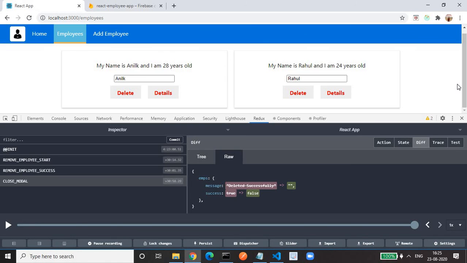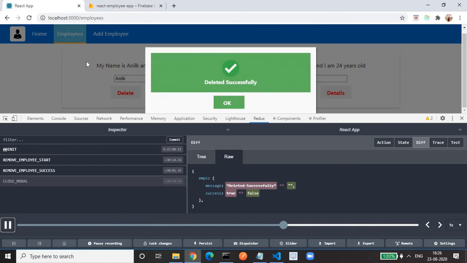So this is all about the Redux concept. This is one of the important concepts, and I have covered all the CRUD operations: updations, deletions, creations, everything. So just go through this and try it out. And this is a best debugger tool where you can do time traveling debugging. Even if you see, this is a play button for time traveling debugging. It will start from here up to the last action. If I click on that, you will see the UI also gets changed.